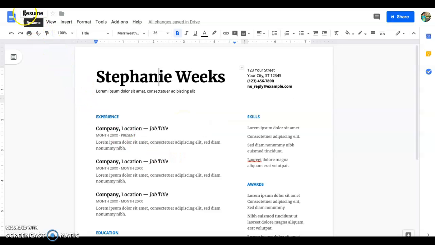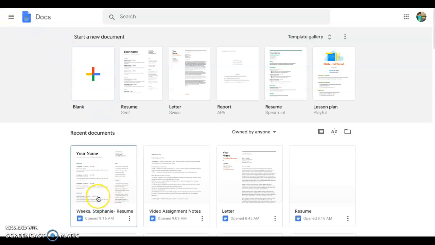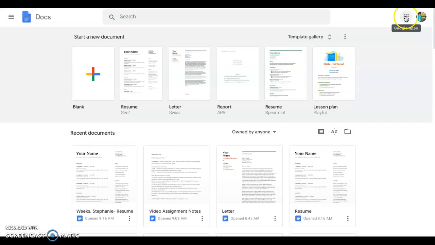All right, we're going to rename the file over here. I want you to rename every file with your last name, comma, your first name, and then a dash. And then the name of the assignment here. So just resume is good. Click down here. We know that the change was saved in Drive. I'm going to go back to, let's see, the document home. We see our document here. We are now going to go back into our Drive